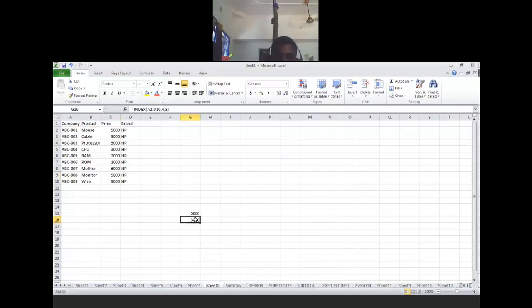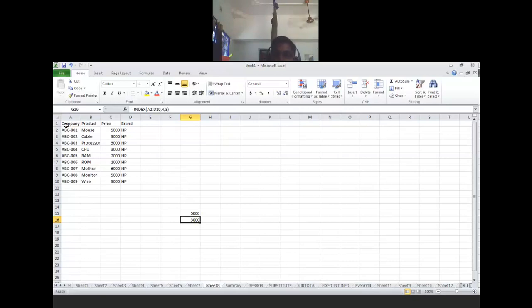And again 4 comma 3 means fourth row, third column. Don't get confused about the heading. And one more thing: with HLOOKUP, including the heading, we have to count for the index number.